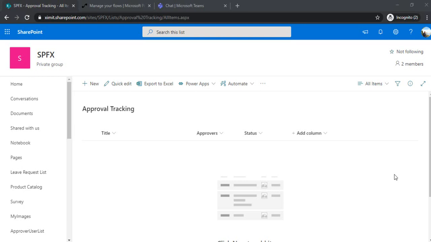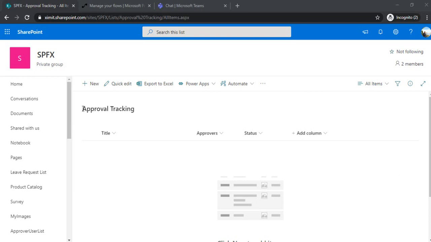Welcome back everyone. So in today's session we are going to learn how we can create approval flow and tie them with the MS Teams to get responses. So in my past videos I have taken example of creating approval flows and approving them from Outlook as well as doing some operations within the SharePoint. But this time we are integrating those approval flow in MS Teams. So let's jump into the demo.